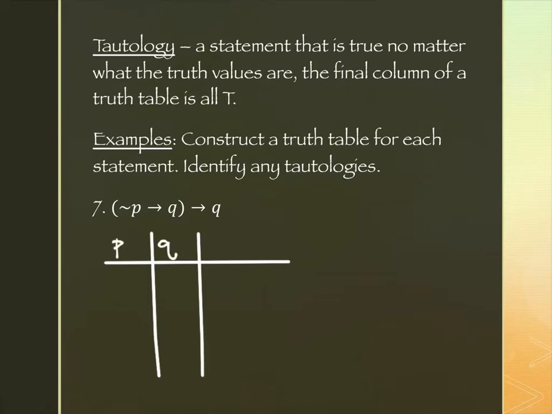All right. There is a tilde involved. It happens to be inside the parentheses as well. So I do need the negation of P as a column header because it shows up inside of the statement I'm working on. And then if I take a look further inside, the entire statement that's inside the parentheses includes the tilde P and the arrow and the Q. So that would be my next column header,